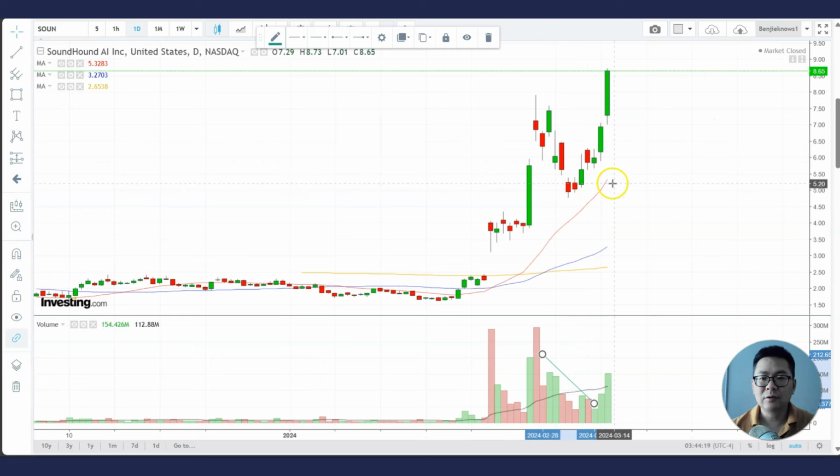Now the trend is very good right now because the faster MA is above the slower MA. 20 above the 50, above the 200. This is a picture of a power trend. We just had a bullish cross here, and after that it just shot up. And as long as the stock is above the rising 20 MA, you want to continue to stay bullish on